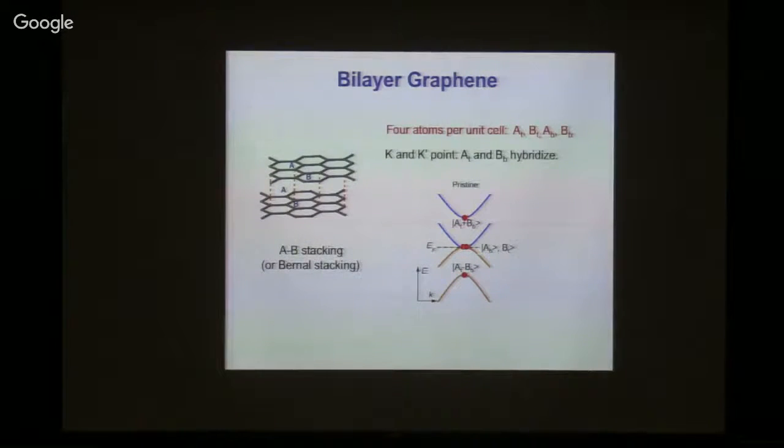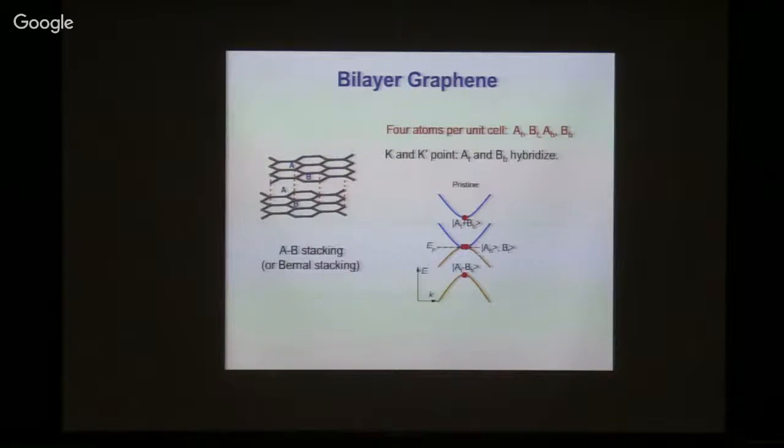To understand this band structure, we can first focus on the K point and see what the eigenenergy states look like. So first, in this case, we have 4 atoms in a single unit cell, top A and B atom, and bottom A, B atom. Since the top A and bottom B are sitting directly on top of each other, they strongly hybridize and form a bonding and anti-bonding state. So that means you have energy repulsion. They move to a low energy state and a high energy state. However, the top B and bottom A atom don't interact with anything directly, so they keep the initial energy at 0. So now we have 2 degenerate states here and 2 split states here.